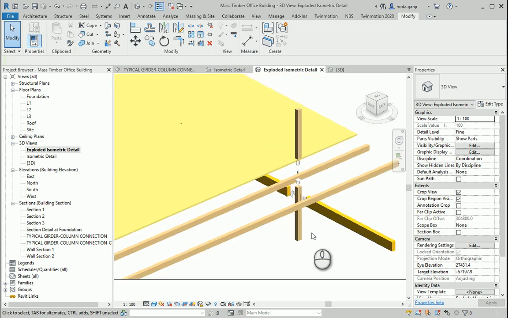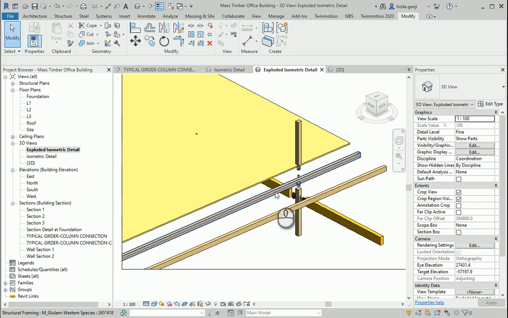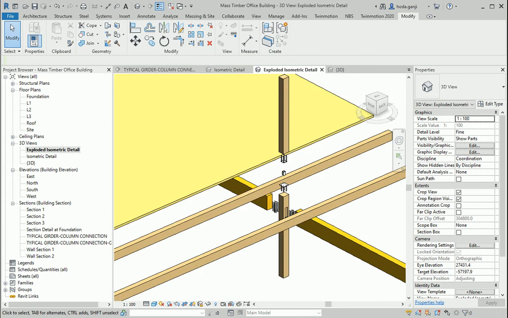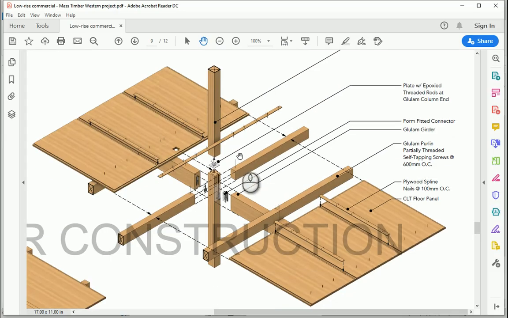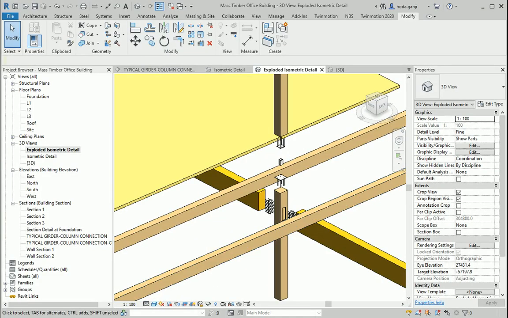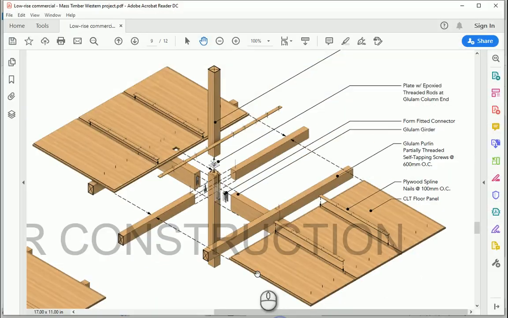How about these two joists? For the joists, it seems that in this view, the joists or the purlins which are connected to the column, they're actually not continuous, and that makes sense.